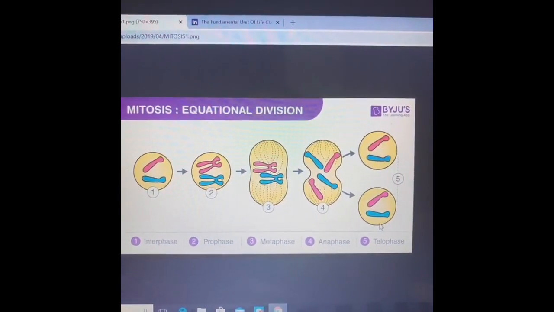This is mitotic division. There is another type of division which is the meiotic division, and it is a special division which takes place only in reproductive organs. The reproductive organs, in order to give rise to gametes, undergo meiotic division. Now in this, the chromosome number becomes half. Suppose there are 4 chromosomes, in the gametes there will be only 2 chromosomes. Now when the male and the female gametes fuse, 2 chromosomes from each gamete come into the same cell, and it becomes the original number of chromosomes again.